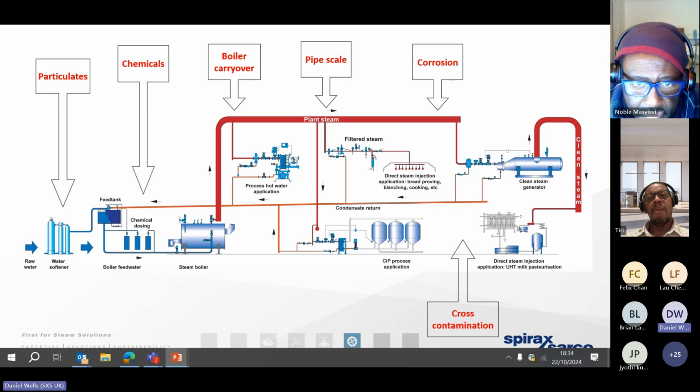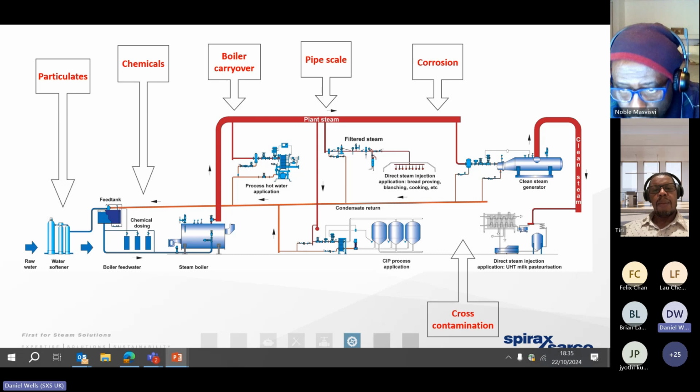So by the time we get the steam to the heat exchanger or to the point of use, it's very, very difficult to guarantee it's of a condition that will meet the requirements of BS EN 285 and won't have any impurities present within it. And we know that a lot of our clients will be using steam for different applications and processes. Could be that one of those processes, one of those heat exchangers where the steam is not coming into contact